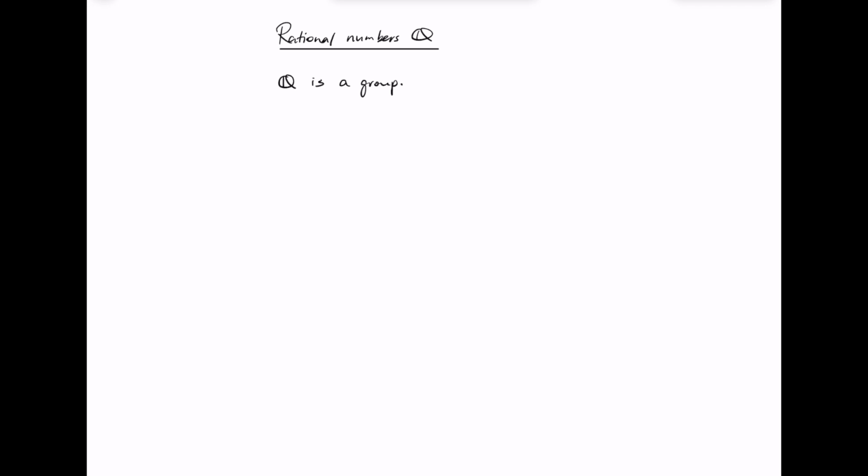Also this operation, in this case just addition, has to be what's called associative, which means that you can bracket things wherever you want. Anyway, so a group